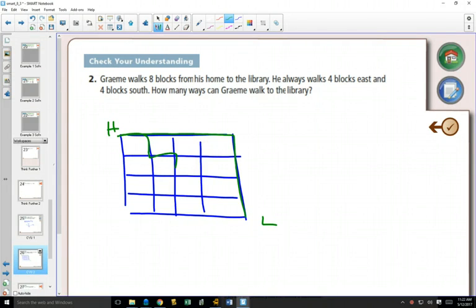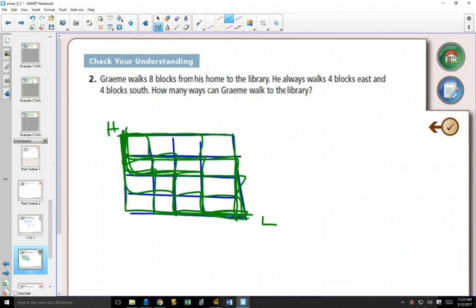Can you see that this is a different route? And then he could go this way, or this way, or this way. I haven't counted that one, or this one, or this one, or this one. That one, that one, that one. Have I got them all yet? How many were we at? 14? Oh, good. Okay, so this could be complicated because before long, your paper might be all full of green